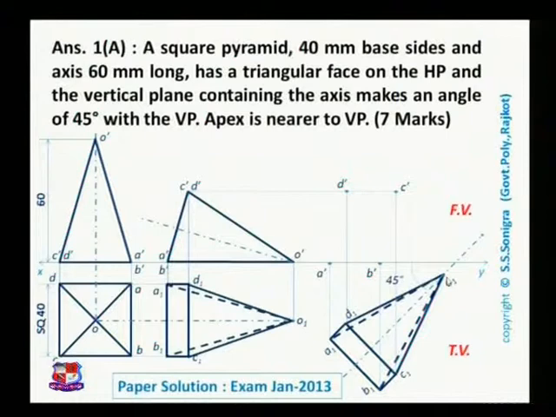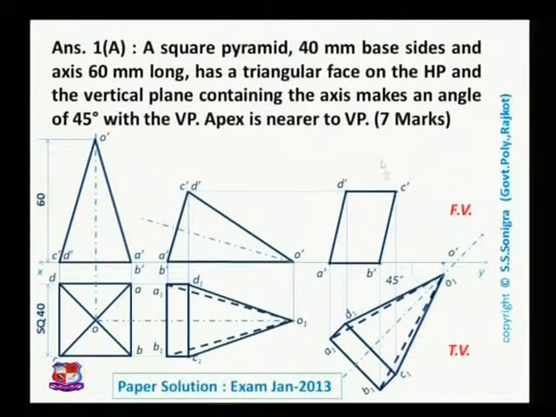Here O1 is here, so from this O1 draw a vertical line, from O dash draw a horizontal line, both will intersect at one point, that is point O dash. Now we know the position of point O dash. A, B, C, D would be fully visible from this view. If you are looking from this direction, then the A, B, C, D face would be visible. Hence they should be joined with straight lines like this, A dash, B dash, C dash and D dash.